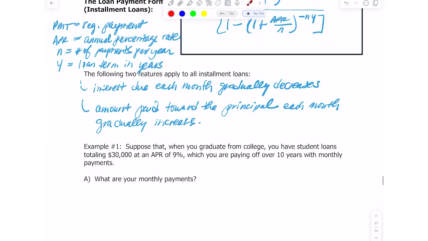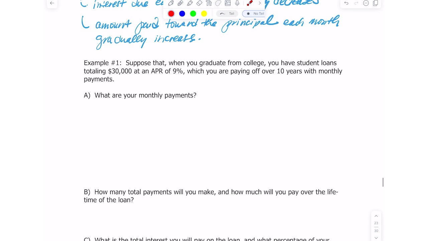Okay, let's look at an example. Let's say that when you graduate from college, you have student loans totaling $30,000 at an APR, an annual percentage rate, of 9%, which you're paying off over 10 years with monthly payments. We want to know what our monthly payment is, so we're going to use our payment formula. PMT equals